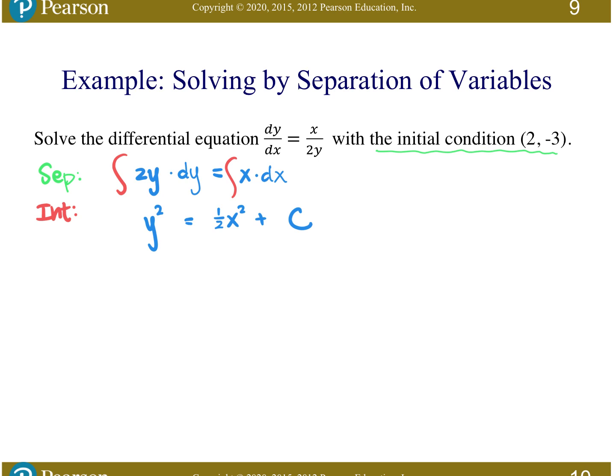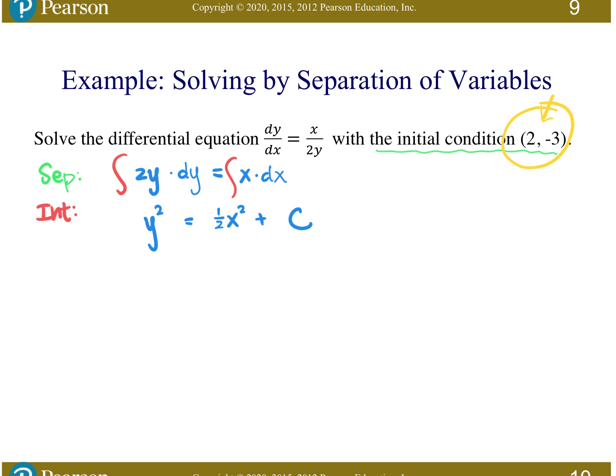Okay, this is a graph. It's a sideways parabola. Okay, I know that because it has a y squared. Oh, no, take it back. This is a hyperbola, because both of them are squared. So this is a hyperbola that's going to be opening one side to the right and one side to the left. But the plus c is going to be shifting it up and down. And because I know exactly what point it's supposed to go through, that'll help me figure out the value